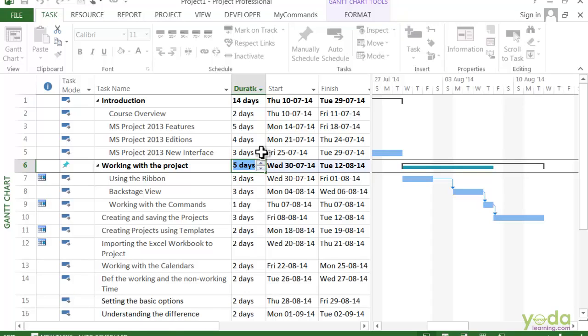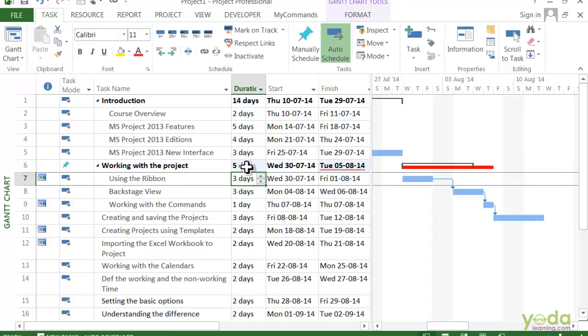On the other hand, what if you got five days? We will type 5D, or you can even use the spin button. Now the black bracket shows 5 working days, but the other task bar still shows the duration of the subtasks set to 7 days. And because that bar is longer than what you got, it turns red to show you that you don't have enough time.